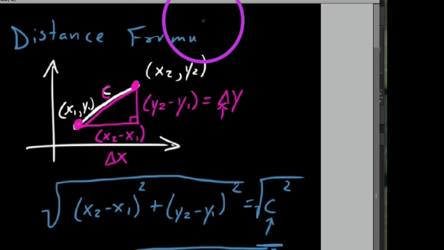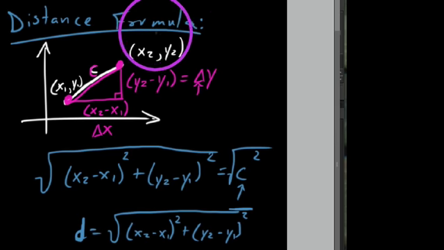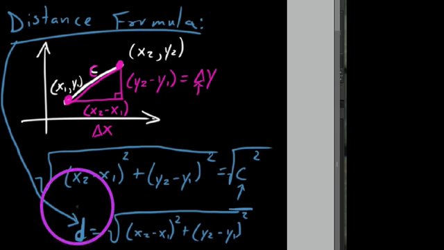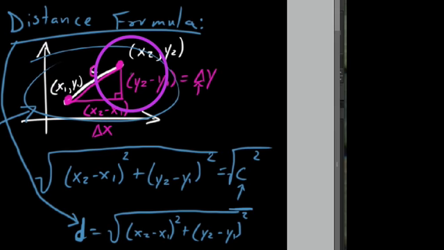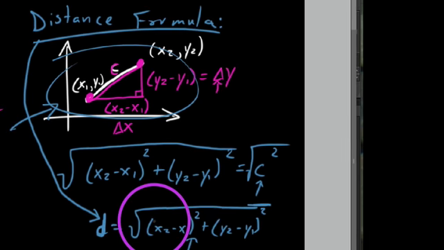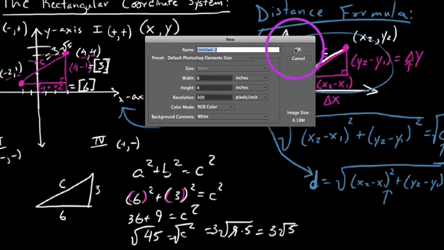formula. Okay, so this distance formula, first things first, if you're taking notes on this, you want to pause the video at this point and write this down. Now, the proof, or the demonstration, the illustration of the property, which is right here, is nice. But essentially what you want is this formula right here, because what it allows us to do is essentially the same thing we did over here on the left, but in a quicker fashion. So here's what I'm going to do. We're going to open up a new one here, and